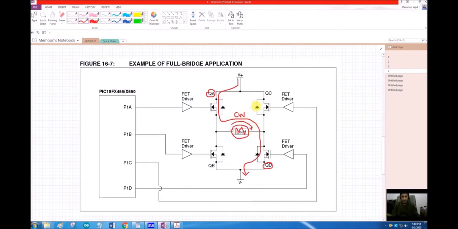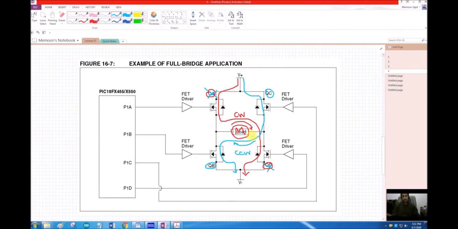And when I want to rotate this motor anti-clockwise, what can I do? I can turn off these transistors and I can turn on QC and QB transistors, and then the current path will be from here to here to here and then finally to the ground. So the motor will rotate in the counterclockwise direction.